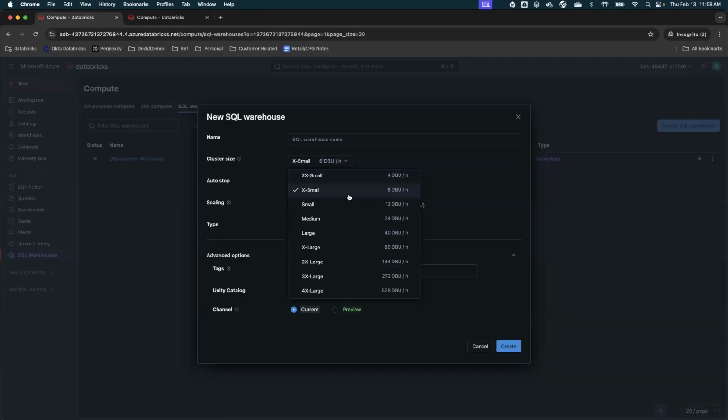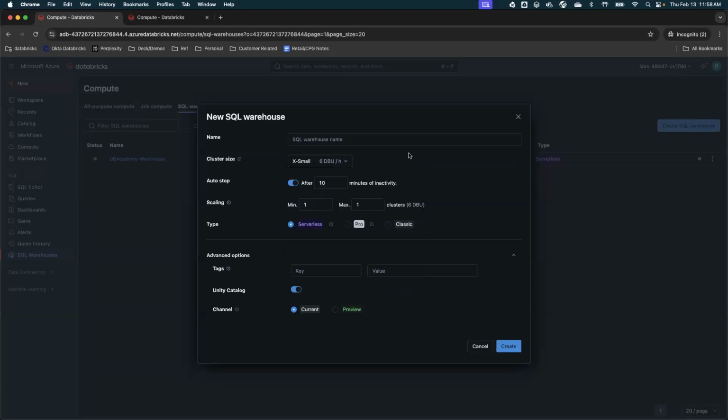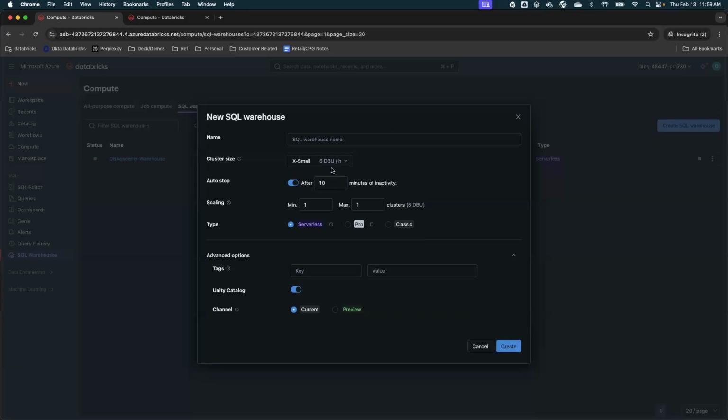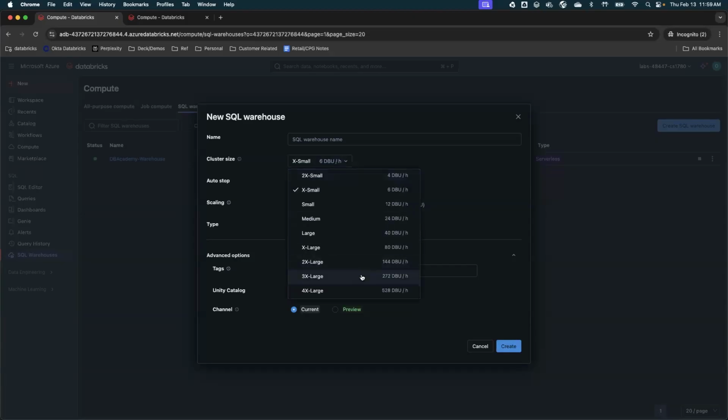You can always start with extra small and make it extra large based on how big you want the first instance to be to answer your query without scaling. And then you decide, okay, if I'm pushing this to production, I will scale it. For example, if I'm a small organization of 10 people, I'll be pretty much good with 2x small running all the queries throughout the day. But if I have an organization of 10,000 people and I have shared data across different organizations, I really have to think about what type of compute I need.